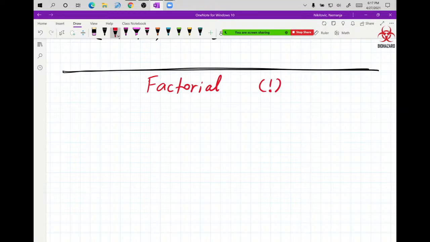So the notation for factorial is n with the exclamation mark, and it's read as n factorial. Right? It's not read as n, it's read as n factorial. There's nothing to be excited about. And the meaning of this is 1 times 2 times 3 times 4 times all of the integer values until you hit